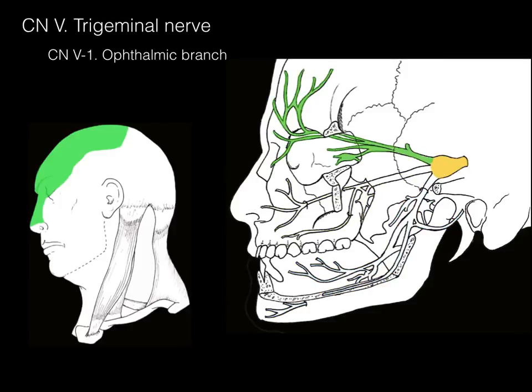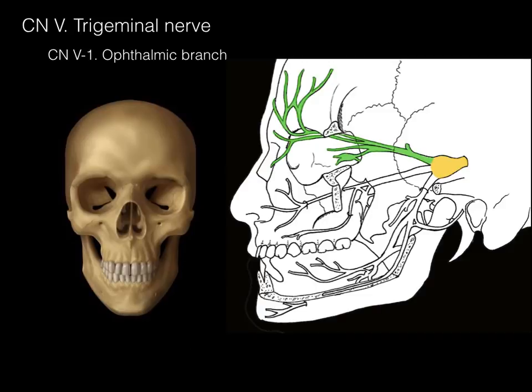Let's talk about V1, the ophthalmic branch. The prefix ophtho means eye, because this is the nerve that courses through the superior orbital fissure going to the orbit and to the forehead region where it does sensory innervation: the upper eyelid, the front of your eye, the cornea, and then the bridge of the nose. Those are the sensory distribution for the ophthalmic branch, and it gets to the eye by traversing through the superior